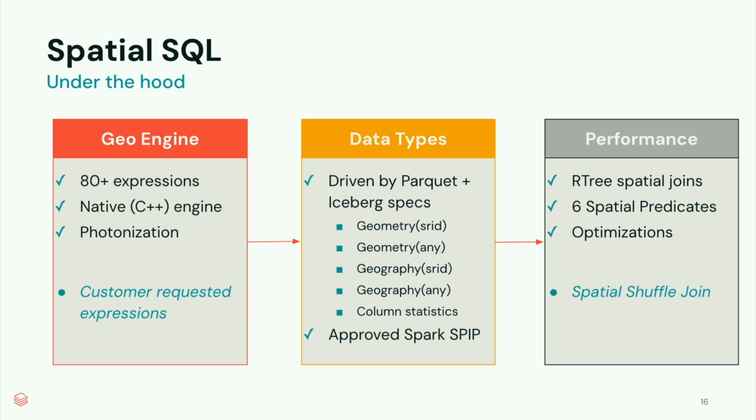In the Parquet and Iceberg specs that you may have already seen, they support 1 SRID or 1 coordinate reference system per column. So that manifests itself in Databricks as just supplying an SRID. So when you go ahead and create a column, you might say geometry 4326, and it's all pretty standard at that point. The types allow us to store statistics that are bounding box statistics, so really useful for spatial queries,